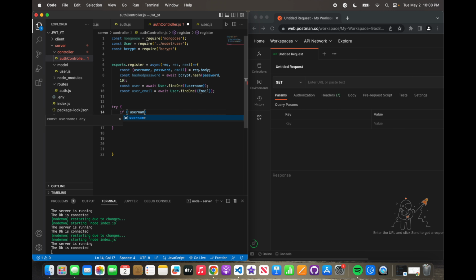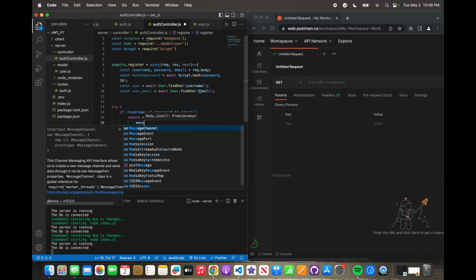So if there's no username, or there's no password, or there's no email, which are the three fields we ask for, then we want to return res.status 400.json,